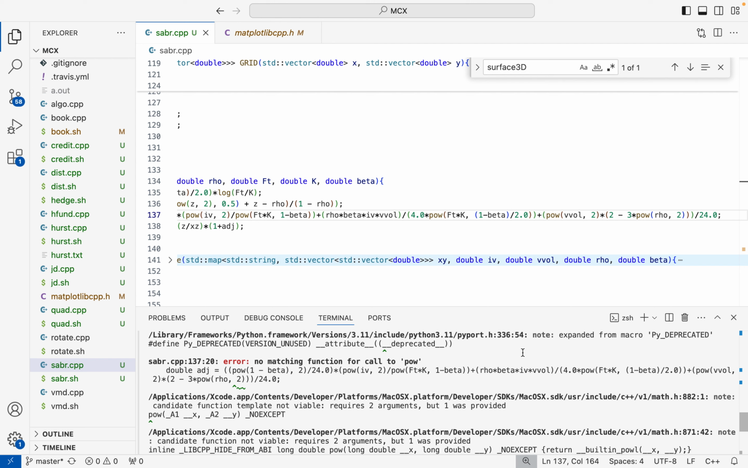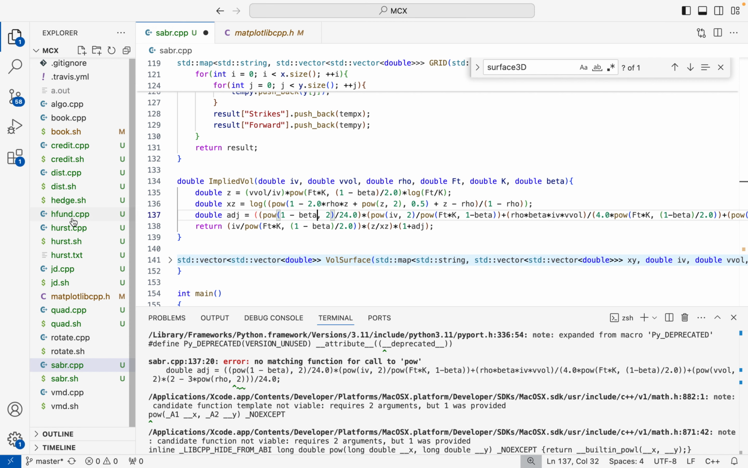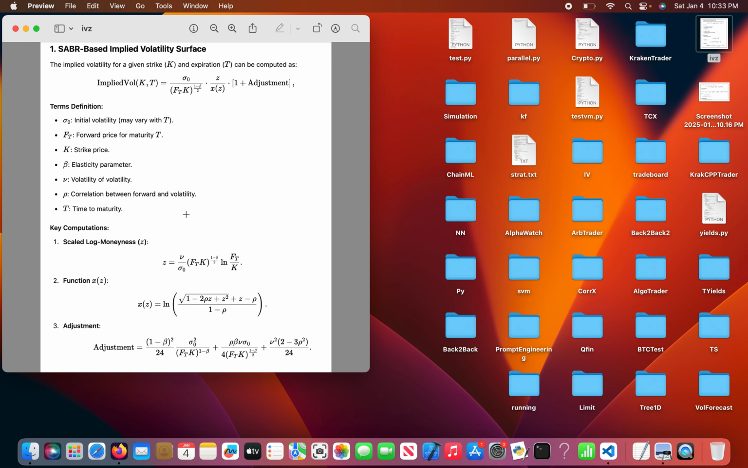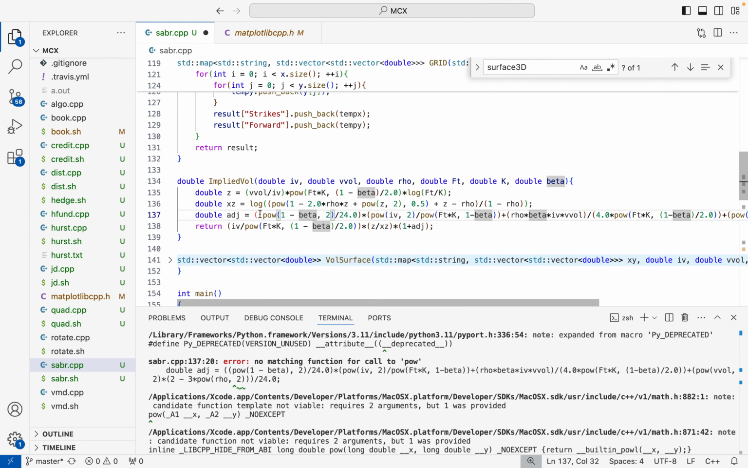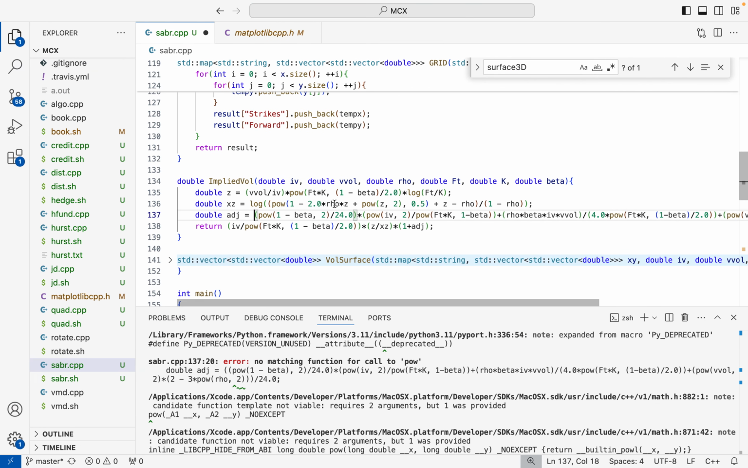Hold on. Oh. Okay, this is where it went wrong. Yeah, so let me come to this formula. So 1 minus beta. Let me just boot up that, where was it? 1 minus beta squared. Okay, yeah, it's at the beginning of it. So that's why this errored out. So, okay, 1 minus beta divided by 24 times